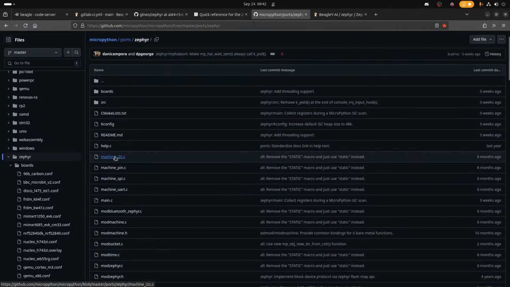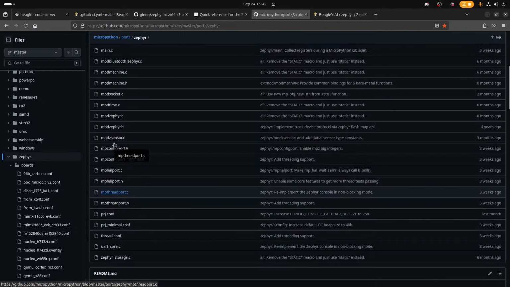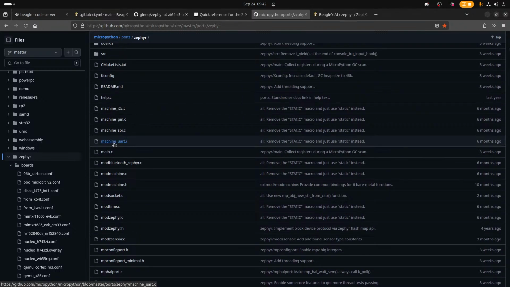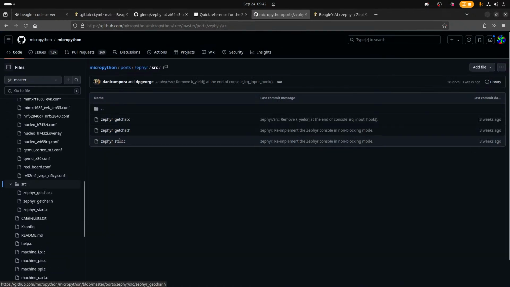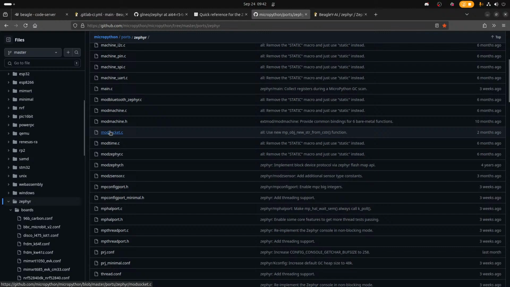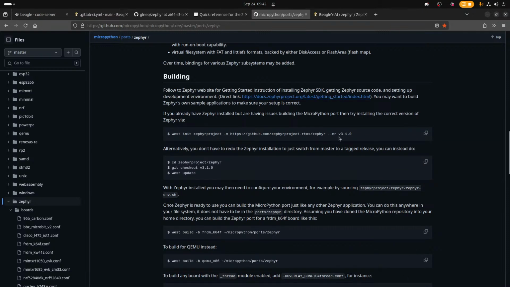So I don't know how the version of Zephyr is being selected right now. It's just selected in an environment variable in the tools/CI script which builds.